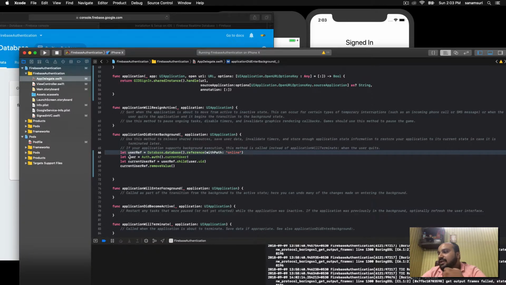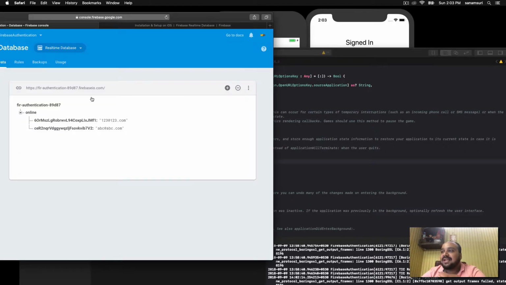So right over here, we are setting that user so that we know which user we are trying to remove or we're trying to access right now. And then we are going to that user's UID. So let's say I'm abc at abc.com. So from online, I'm going right over here, and then I'm saying remove this data. So as soon as you remove this and hit enter,